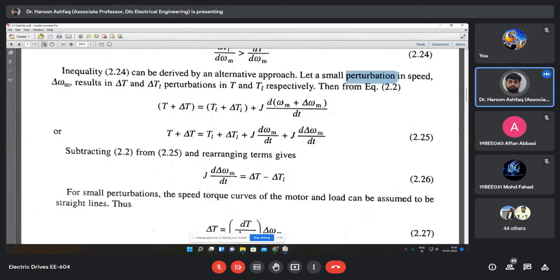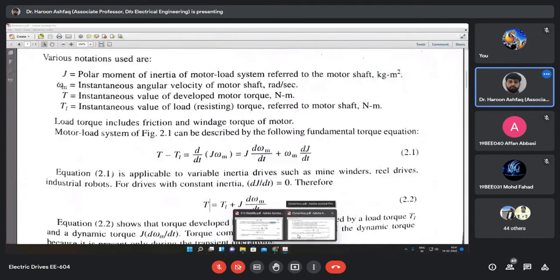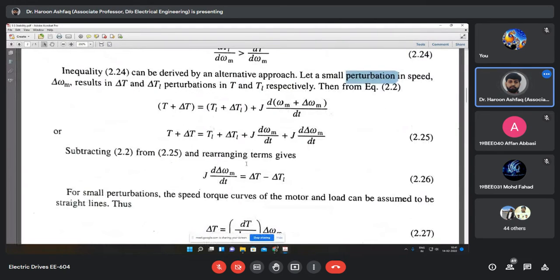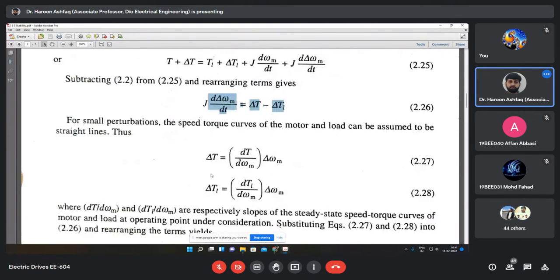तो नाउ व्हाट यू हैव इज दैट कि जो आपके पास ये वाली इक्वेशन थी, तो इसमें यू कैन राइट T − T_L − J dω_m/dt = 0, यानी इन दोनों टर्म्स को इस तरफ ले आए। तो व्हाट हैपन्स ओवर हियर बाय पुटिंग दिस वेरी सेम थिंग, तो इस इक्वेशन में जब हम वैल्यूज 0 के बराबर रखेंगे, तो यू रीच टू दिस पॉइंट, you only come in terms of disturbance, and then